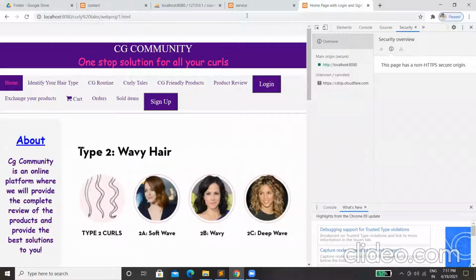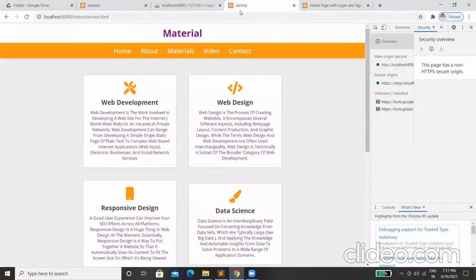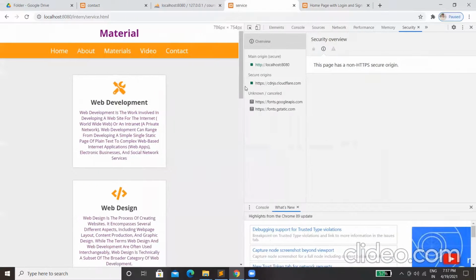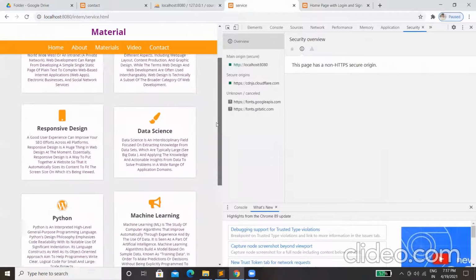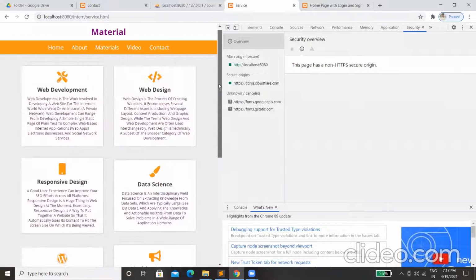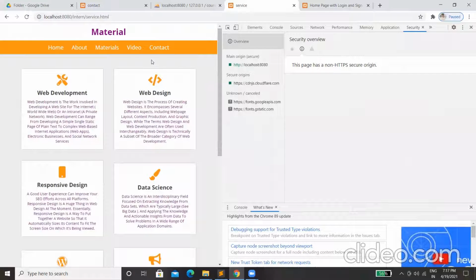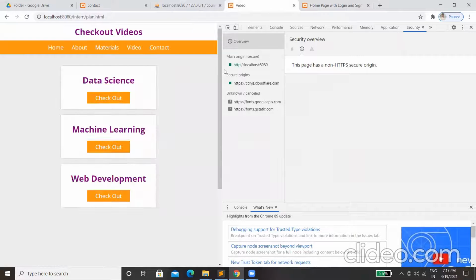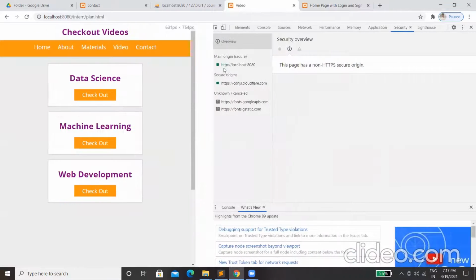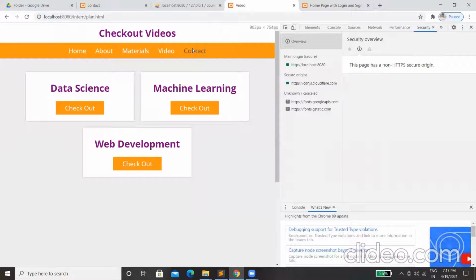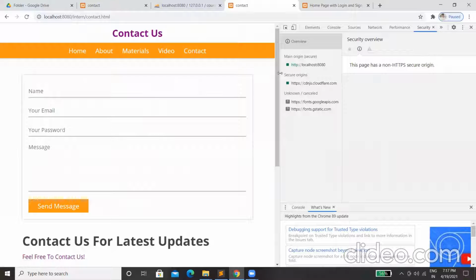Now, when you see our project and try to shrink the size, it is aligned and the content is not messed up or jumbled. As you can see, this is the materials page. You can even check the video page. As you shrink the size, it is aligned. Even the contact page.